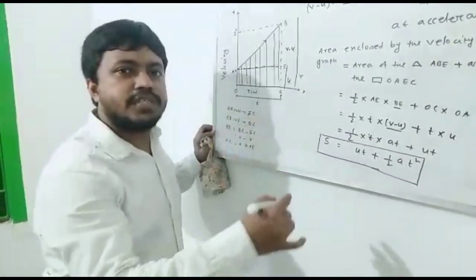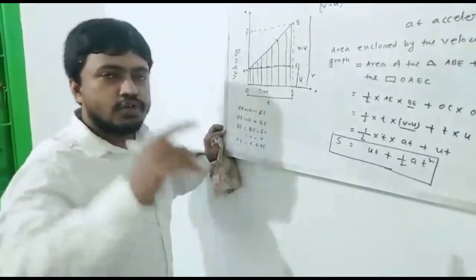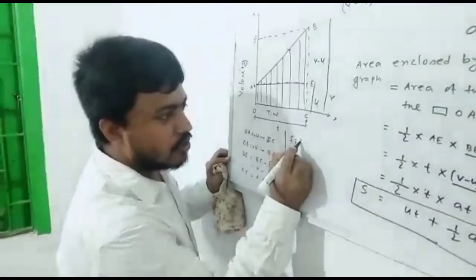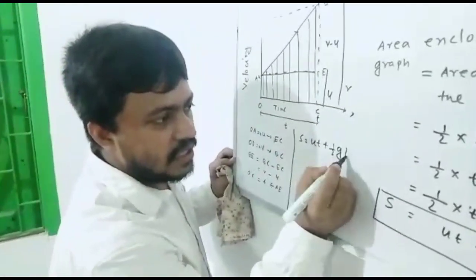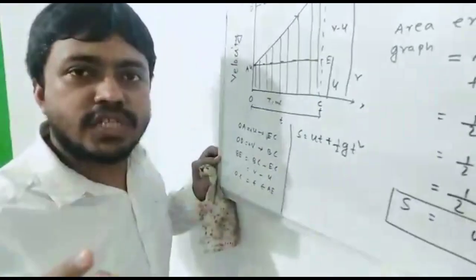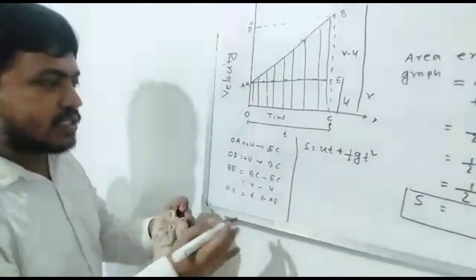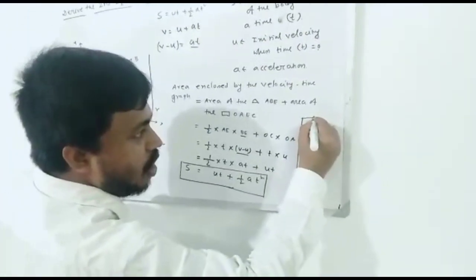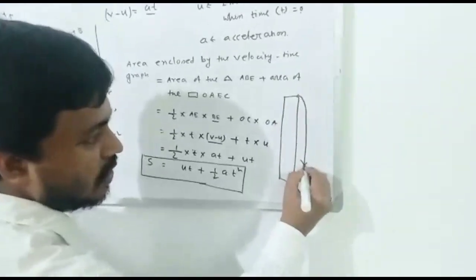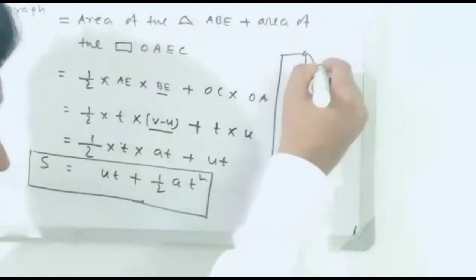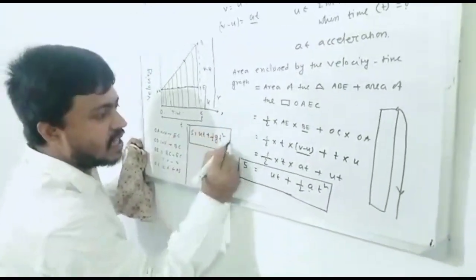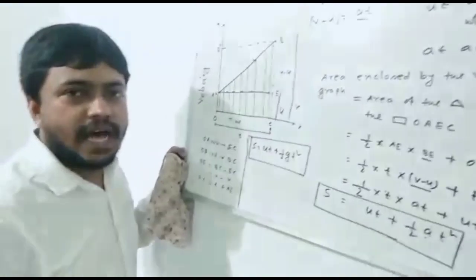If you write the same equation for gravitational force, simply A is replaced by small g. So finally the equation is S equal to UT plus half g t square. If the motion occurs towards gravity, suppose now students, this is a tall building, and from this tall building you drop one object, and that time the motion occurs towards gravity, then A is equal to small g, and small g is taken as positive. So that time the equation of motion takes the form S equal to UT plus half g t square.